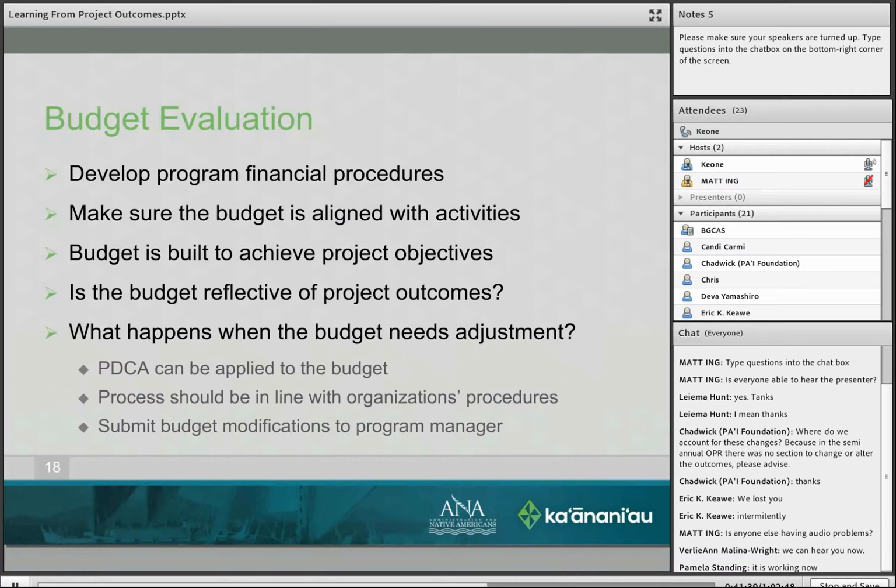That's why it's good to work with your program specialist to see whether or not you need to do all of that. With a budget modification of over 10%, you might have to submit all of those things, but talk to your program specialist first.